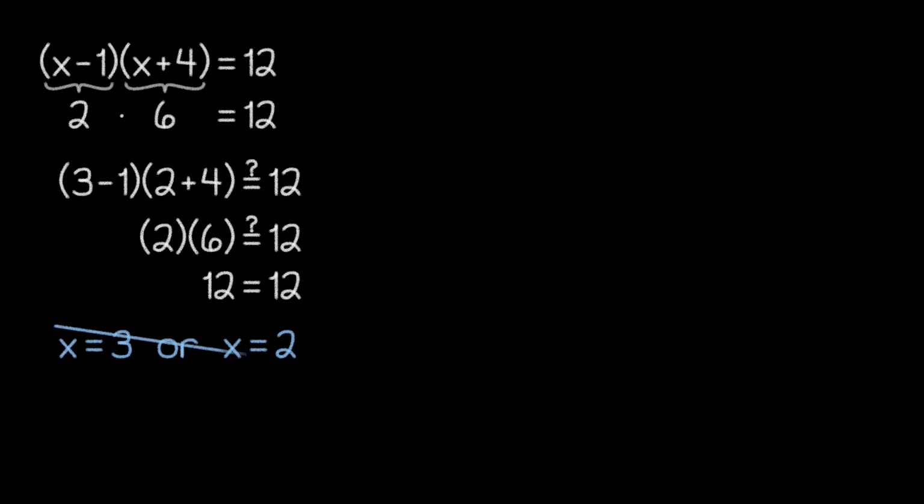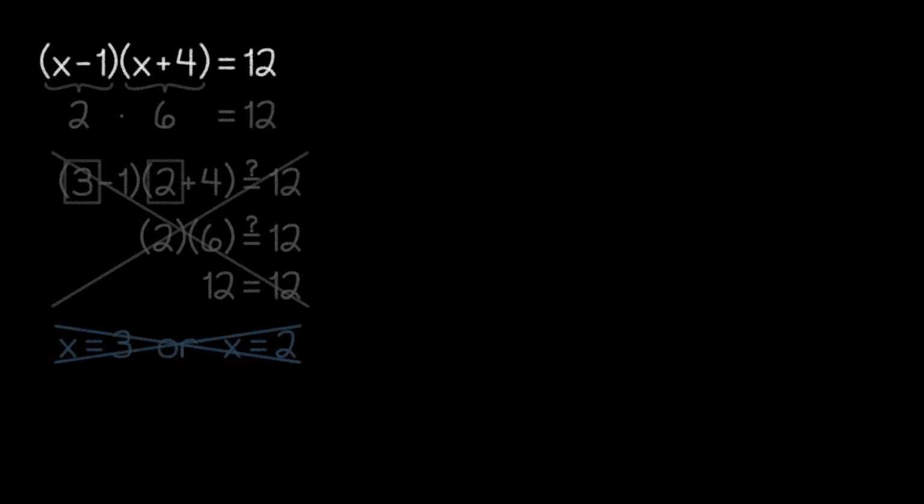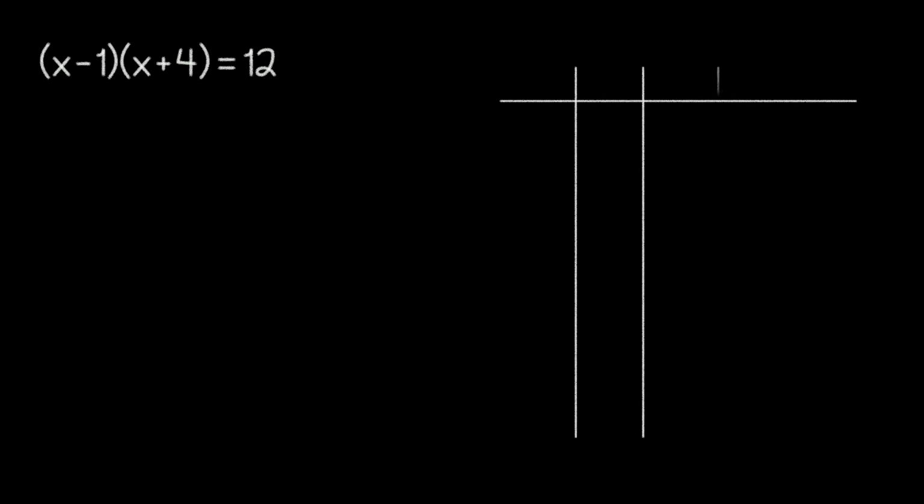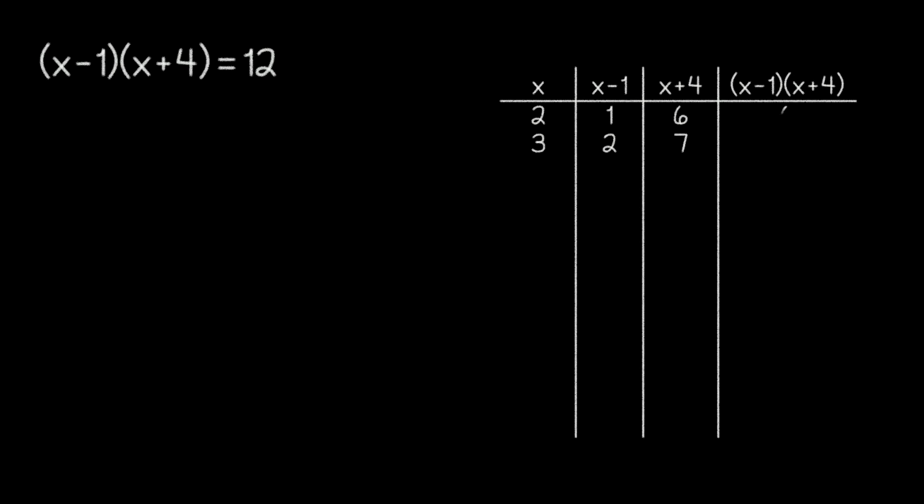Unfortunately, there's an issue with the solution that we came up with. We picked a different value for each occurrence of x, but what we actually want is a single value that we can plug in for both x's. That makes this problem significantly more challenging, and we can see why if we try plugging in a few different values for x. Let's make a table that represents the value of the quadratic expression on the left side of the equal sign. Then, let's plug in 2 and 3, which end up evaluating to 6 and 14 respectively.